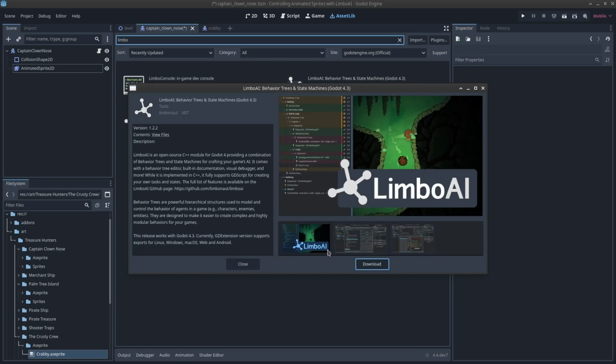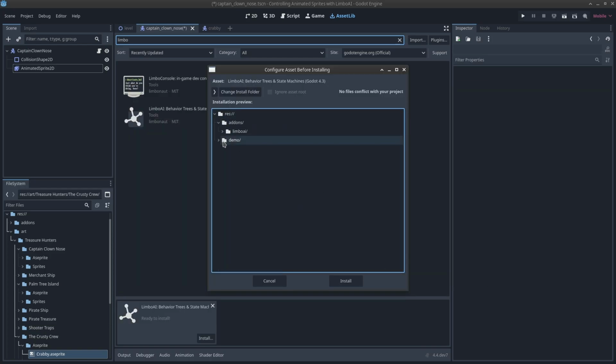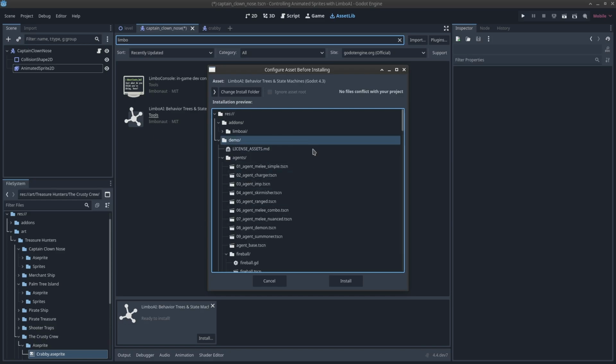I'm going to download this into the project. Now inside of here, there's the add-on itself. There's also demo files. I don't need the demo for this video, but you could go ahead and check those out if you need some other examples. So what I'm going to do to disable the demo from being installed is click over here on the left